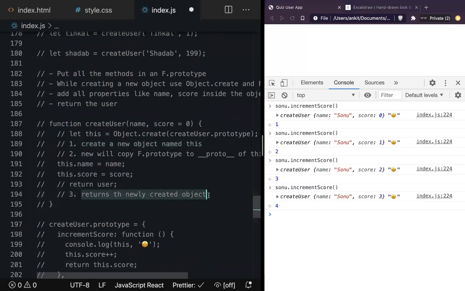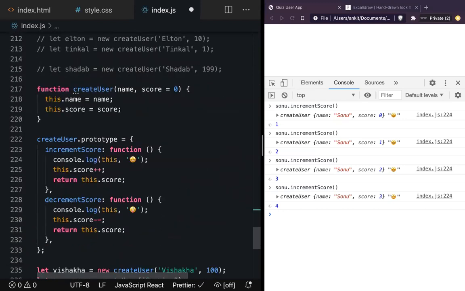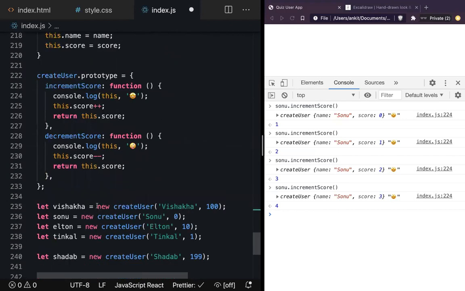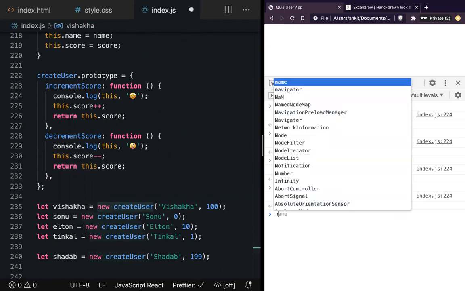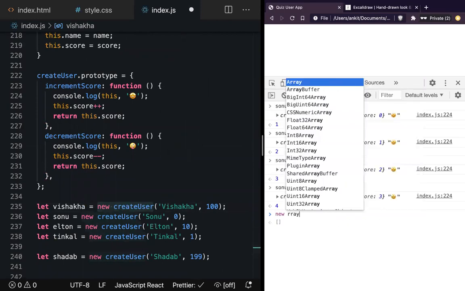And what is the last step it does? Return the newly created object. And this is not an explicit return. This is implicit return. It happens by JavaScript, you don't have to do it. So whenever you use new in front of a function, it will always return an object, and that's why we say new Array. Can you see that?